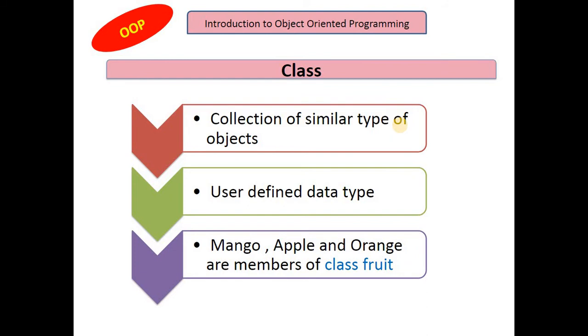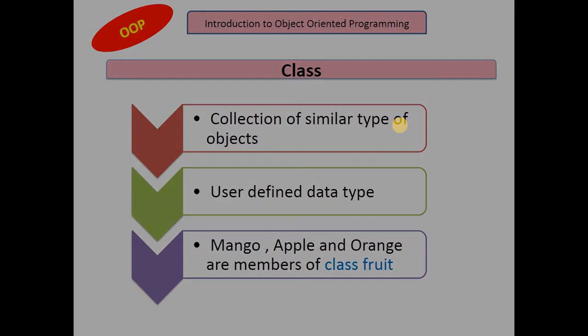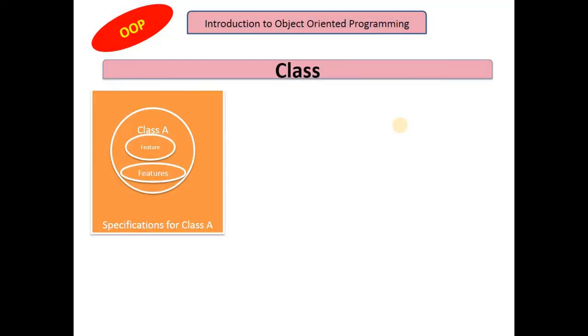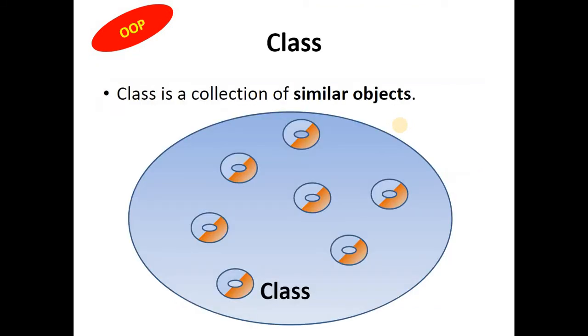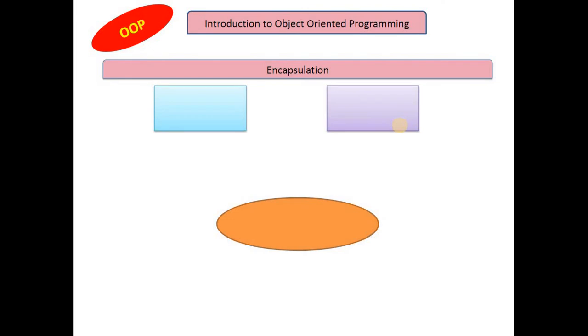For example, if fruit is a class, mango, apple and orange are similar type of objects. They are all similar types of fruits, but they are not the same fruit, they are just similar, all are actually fruits. So, I can say fruit is a class where mango, apple and orange are instances of the class fruit, which are known as objects. Out of a class many objects can be constructed. I can have 1, 2, 3 or n number of objects of one single class, and each object will have its own data and its own function. That is why a class is a collection of similar type of objects.